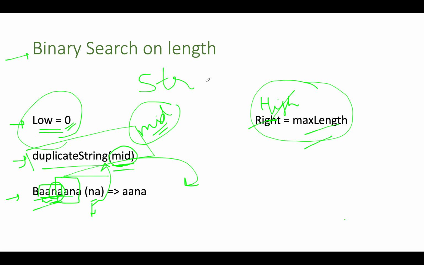The takeaway from this complete discussion is that we'll be using the binary search algorithm to identify the length of the longest duplicate string present in our input string. We have made an assumption that there is a black box helper method, duplicate string helper, which tells us whether a string of this middle length is duplicated or not. Now the problem reduces to building this helper method appropriately. So let's look at this helper method.